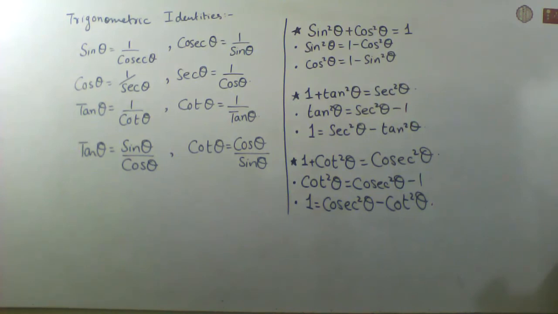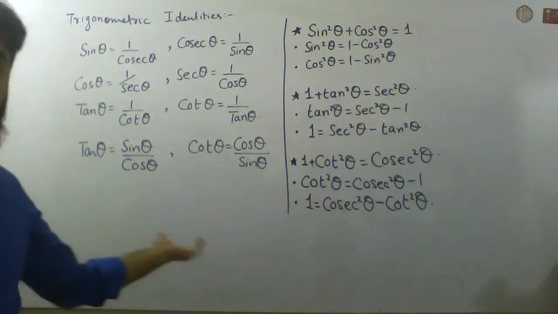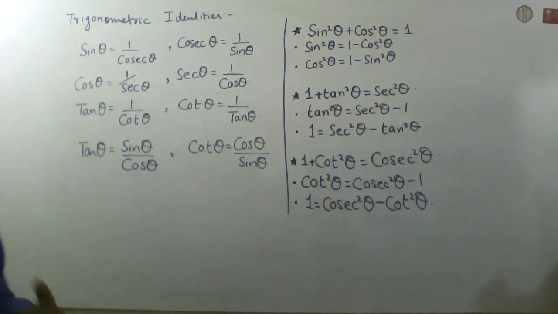Okay, so these are the identities, the formulas which we are going to use in solving trigonometric identities. You can take a screenshot of this screen also, so you can have that as a record whenever you are solving your questions. Keep this in front of you, so it will be easier for you to solve these types of questions.